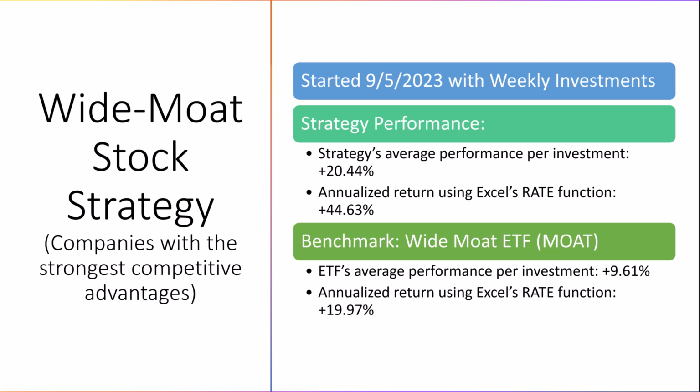So this strategy invests only in the companies with the best competitive advantages. In other words, the widest moats. Now there are limitations to the moat rating, and I prefer my own quality ranking system that takes much more data into consideration as well as the moat. But the moat rating is a kind of a quick shortcut way to invest only in high quality stocks. On the next slide, you'll see my ranking of the top 15 companies with wide moats, but first let's look